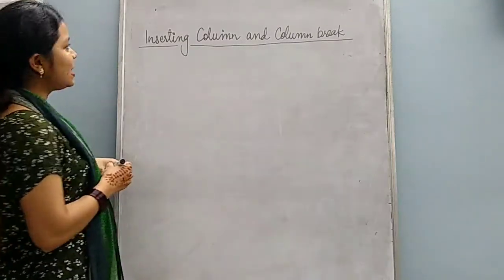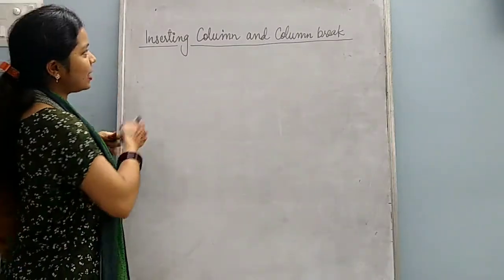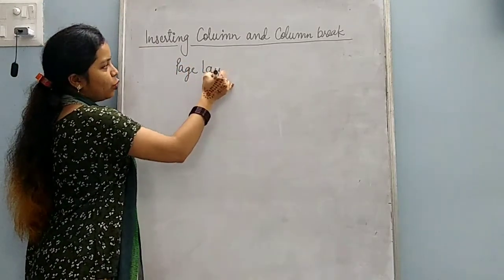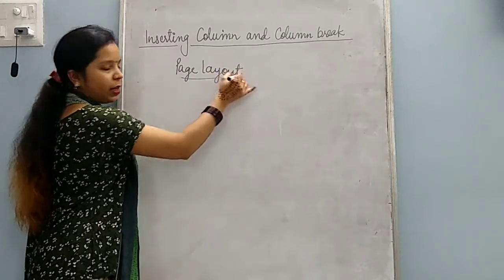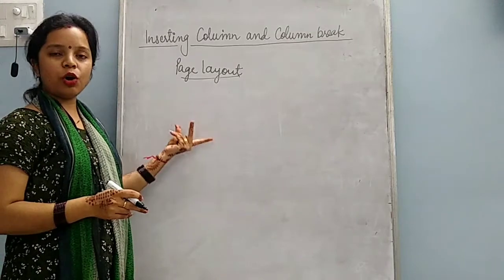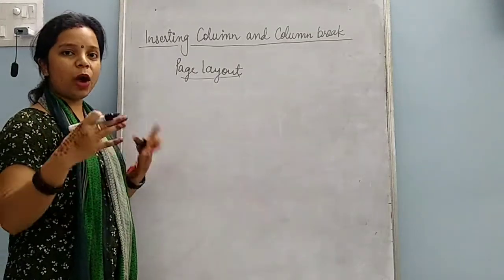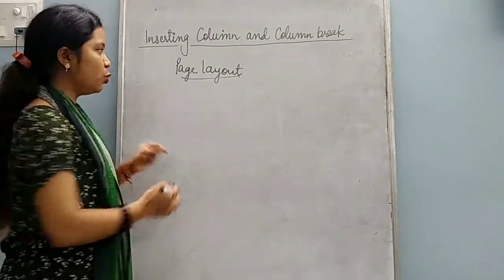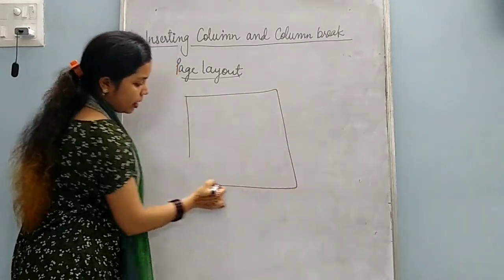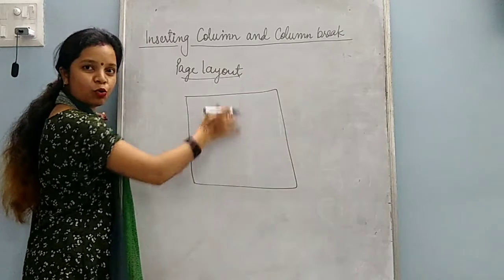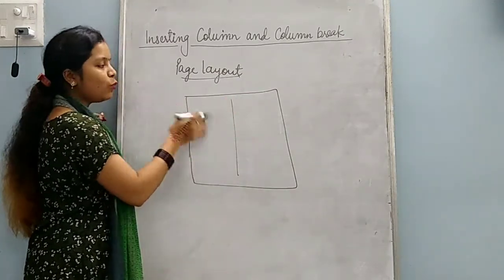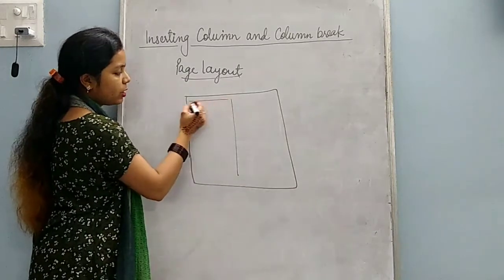Now see how you insert a column. For inserting a column, you have to go to page layout. You will click on this page layout button. On page layout, you will get the column option. When you click on the column option, it will show you the numbers 1, 2, 3, for how many columns you want to create. Like if you select 2, your page will be divided into two columns, and whatever you write,